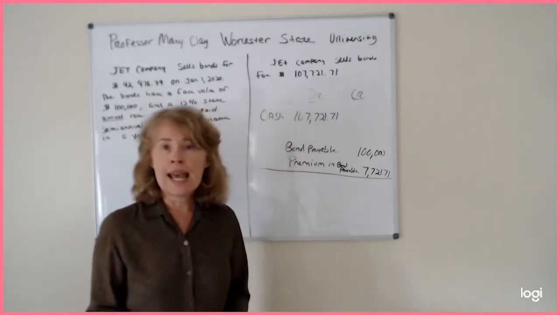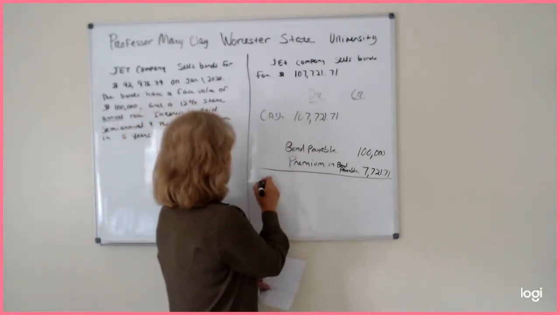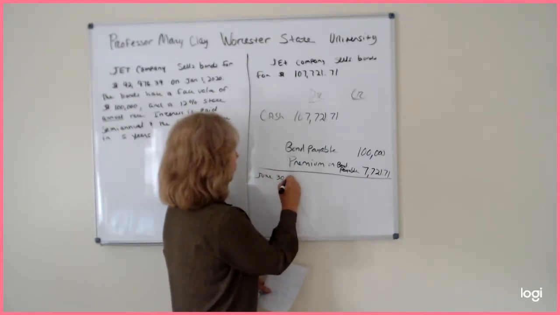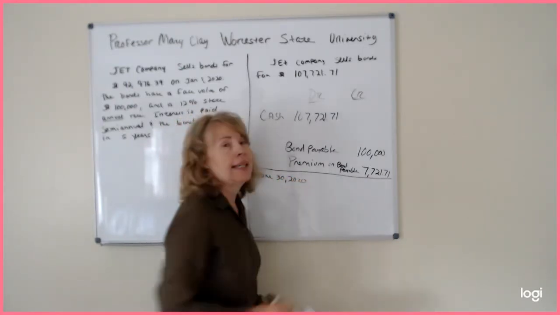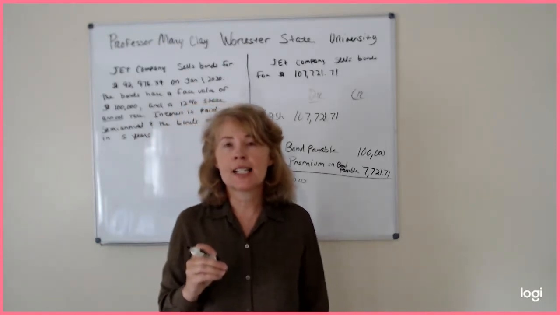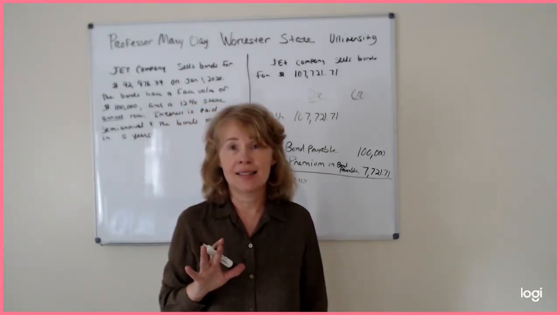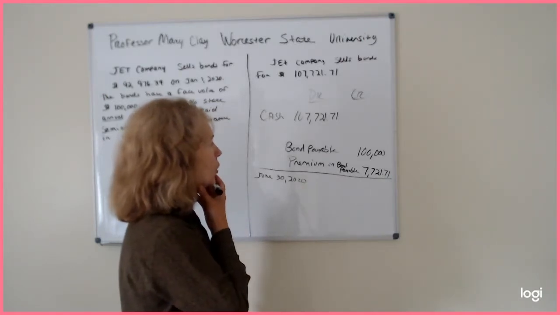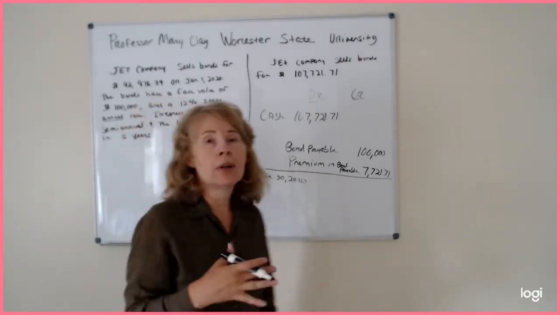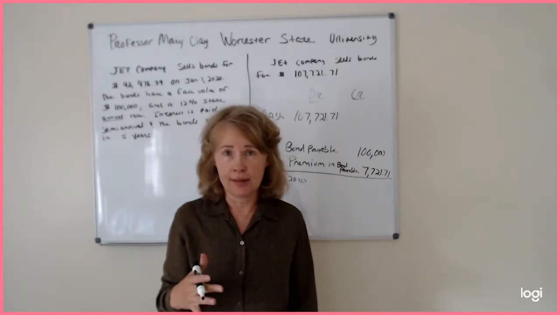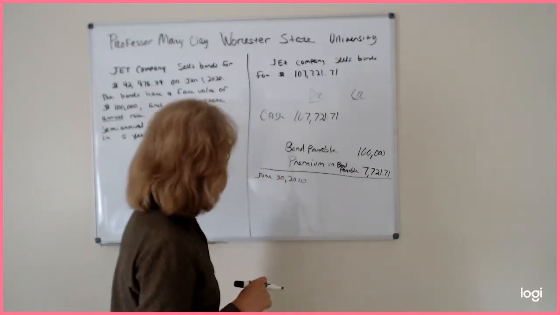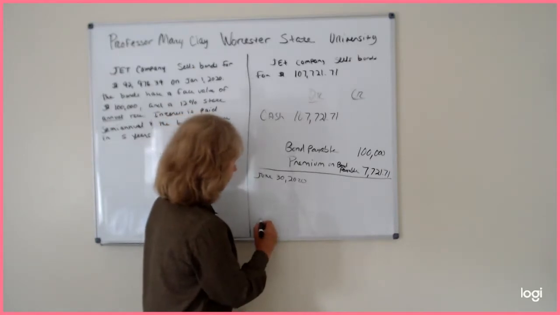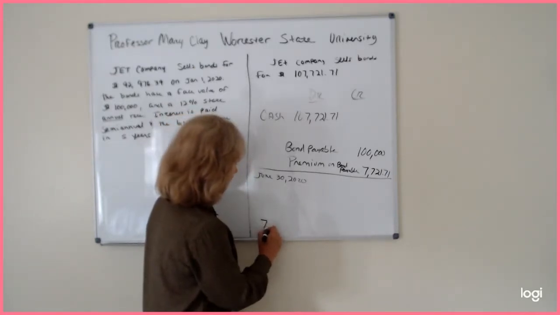All right, so now your first interest payment on June 30th, 2020. Again, do the interest expense last. So we've got to figure out what the amortization on the bond is. Let's figure that out first. So let me write that right here. We're going to take, and I probably am going to erase it, we're going to take